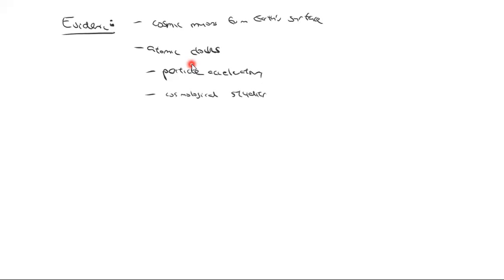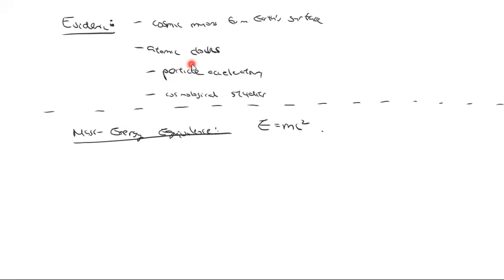module 8. Now, as part of his theory, he also has what's called the mass energy equivalence, where we've got E equals mc squared. What we're saying is that mass is equivalent to energy, and this can be converted through a conversion factor